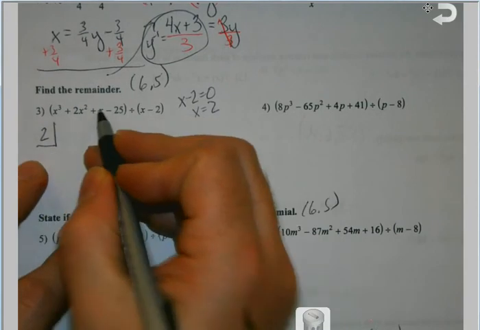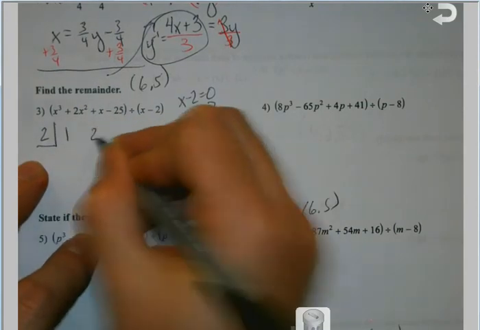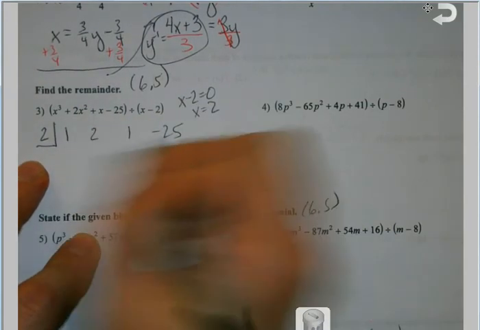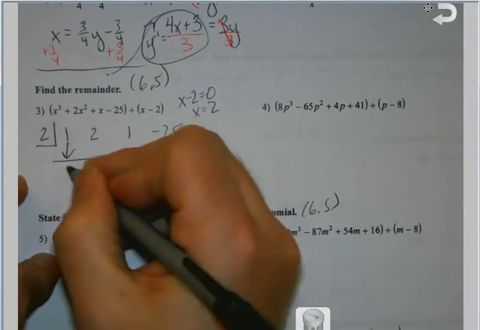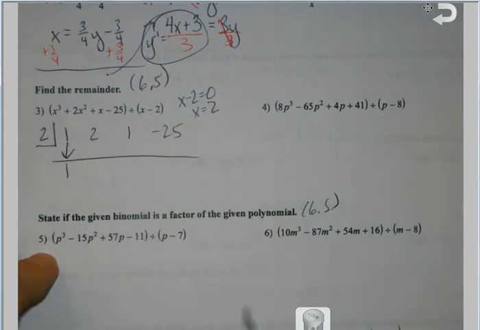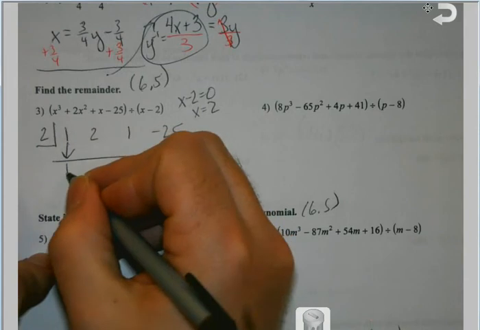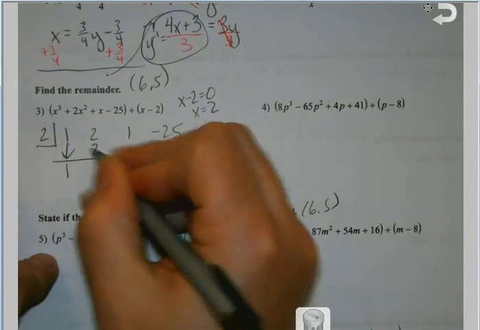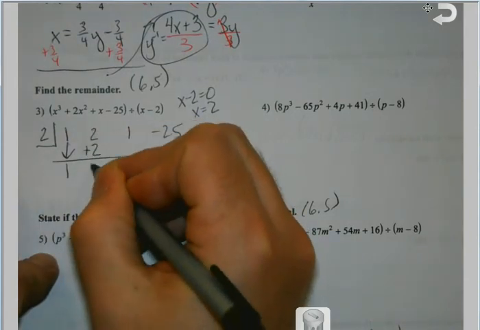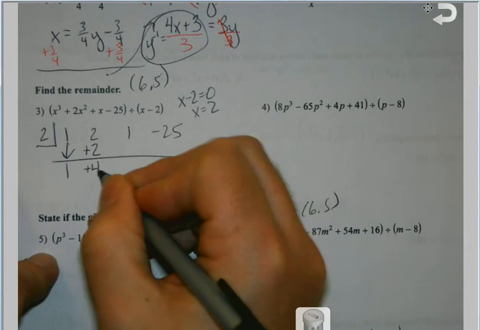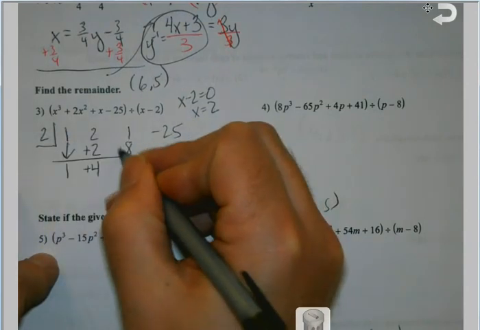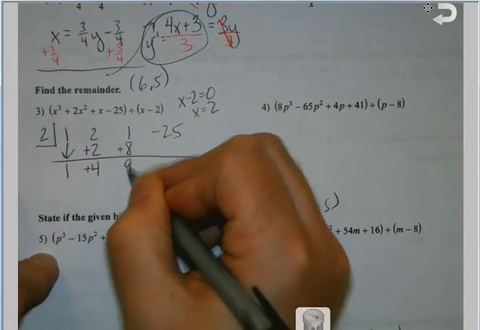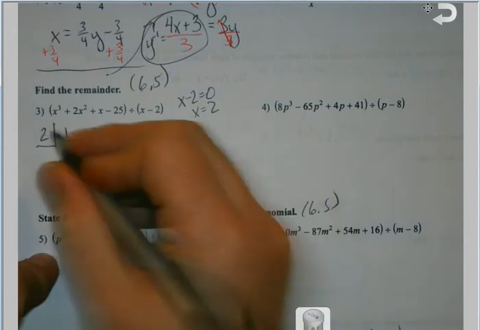So I make sure there's no gaps. There's not. And I bring this first term down. That never changes no matter what the first number is. And then I'm going to multiply, put it in the next slot, and add down. Take my answer and multiply by the 2, put that in the next slot, and add down. Multiply,